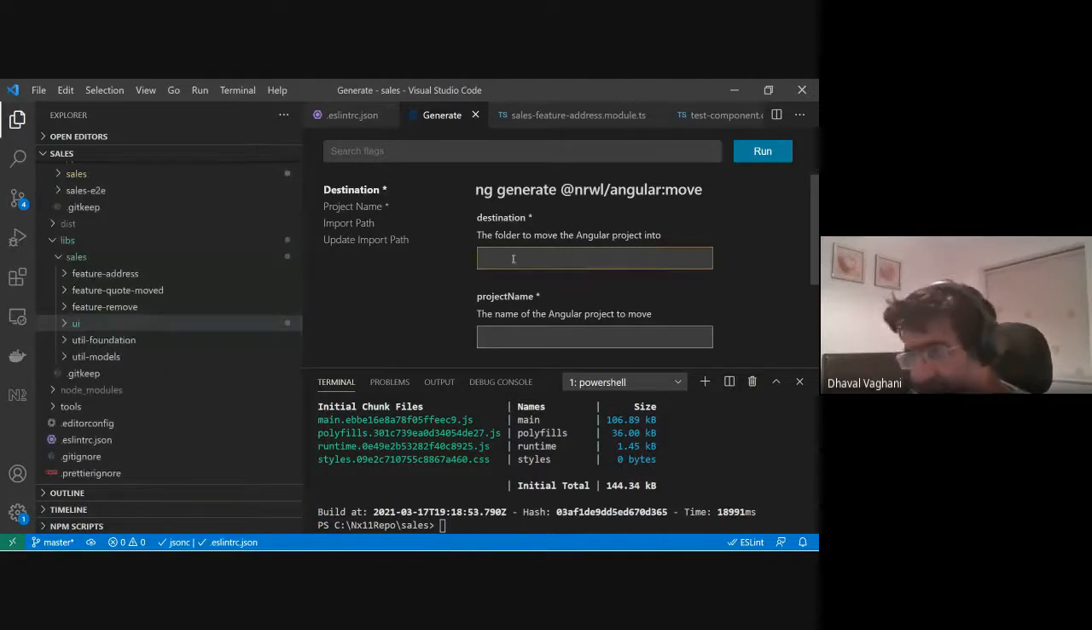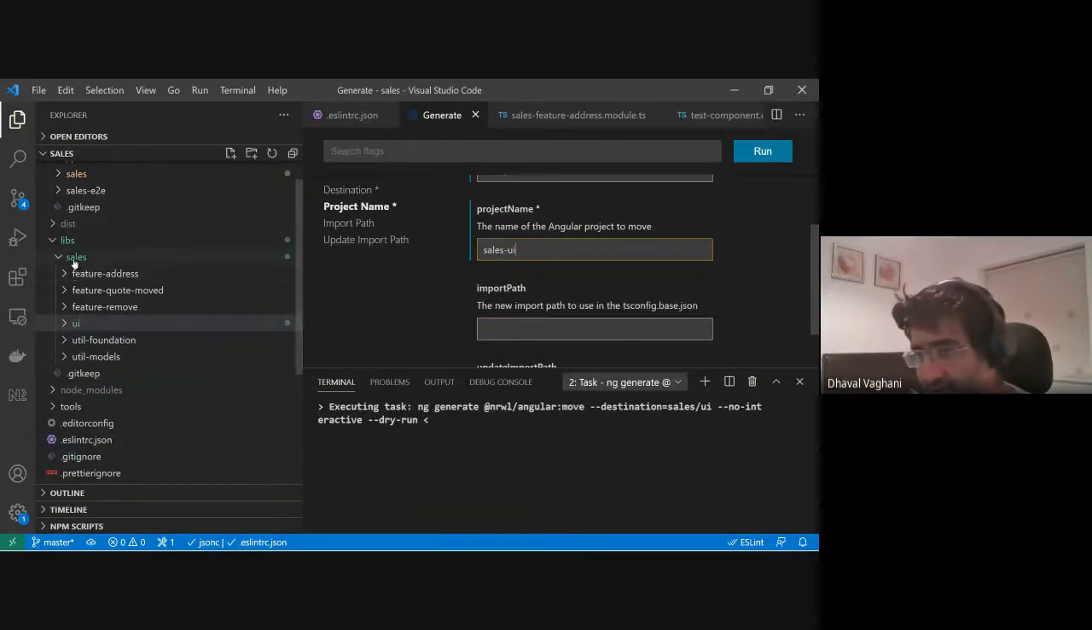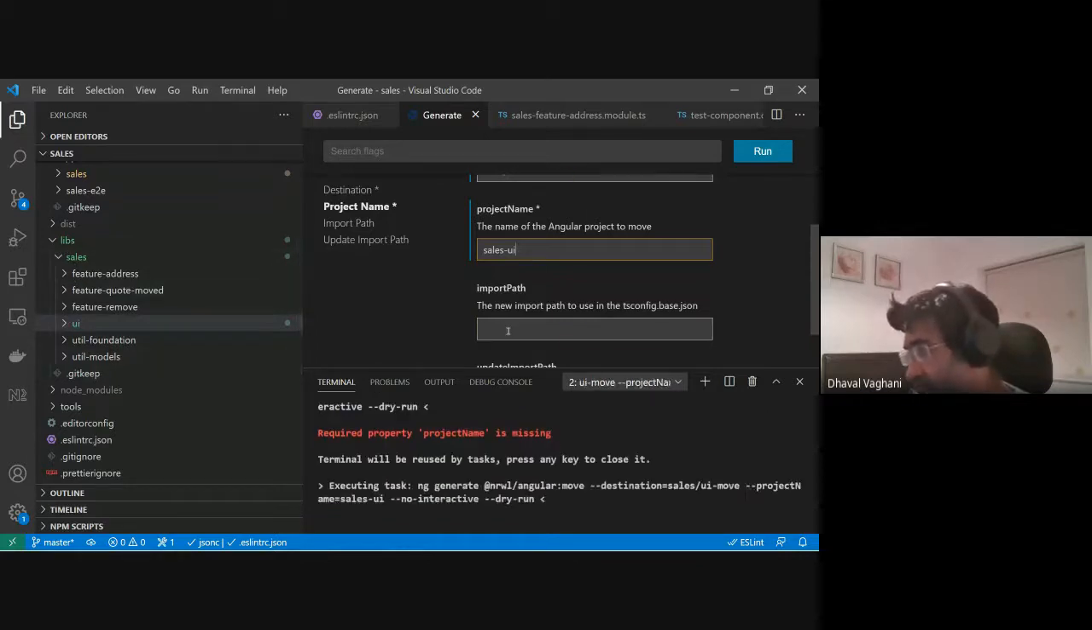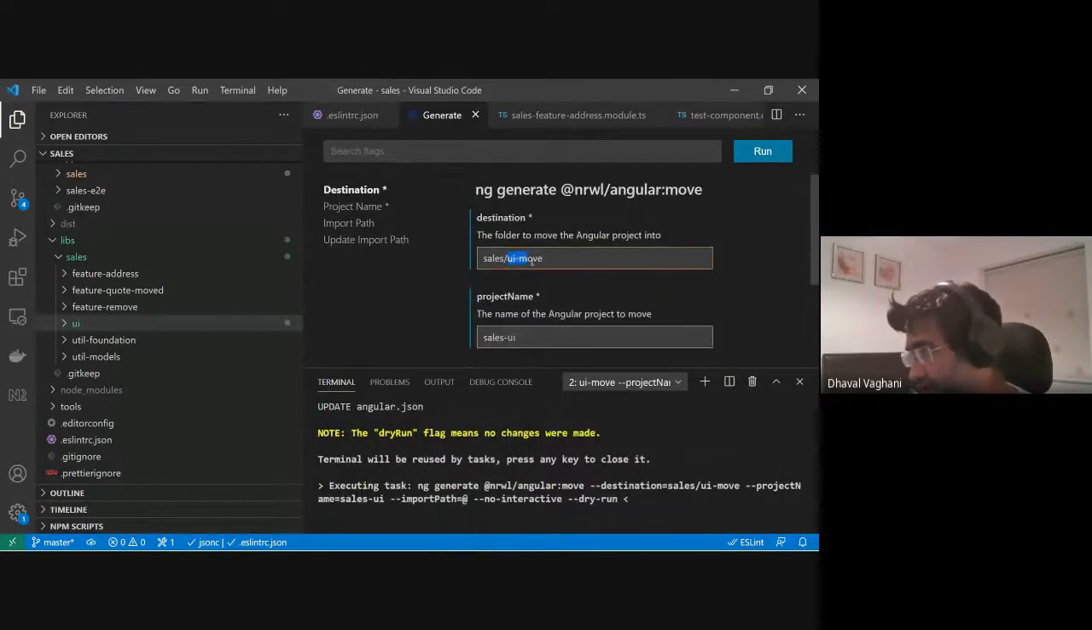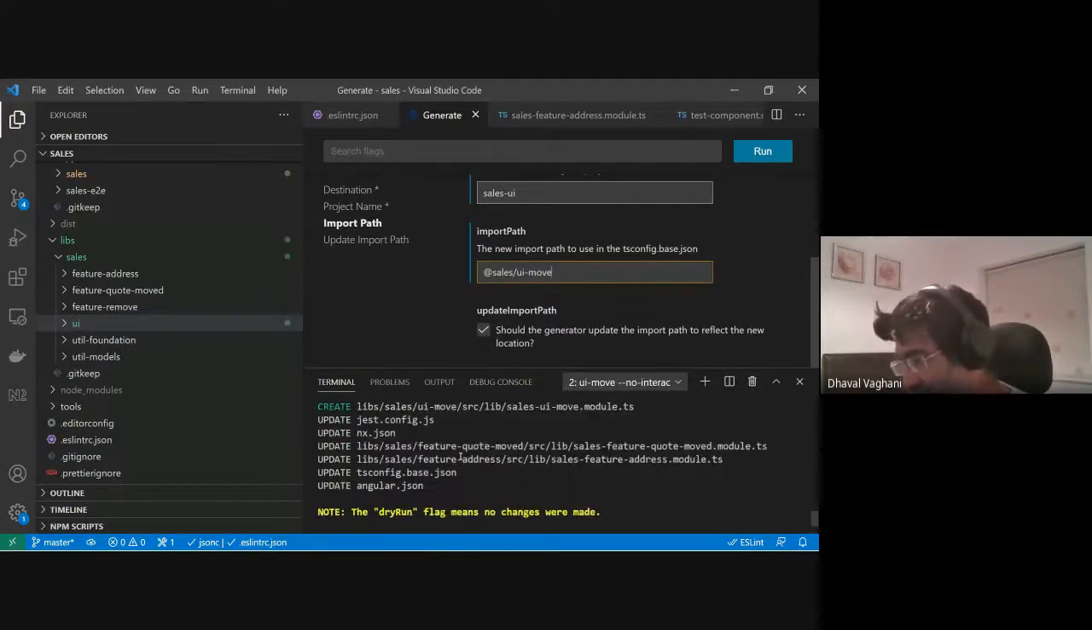I can copy this, and I say I want to move it to sales UI move, for example, right? And the project name, the original project name was sales UI, which was based on the folder structure it automatically creates. And you can do the import path as node UI. And the good part is it also updates the imports of the projects that use this behind the scenes. So if I now run this bit, okay,